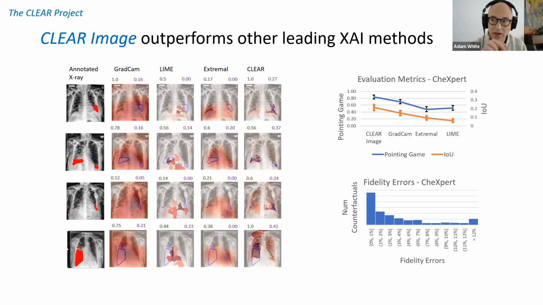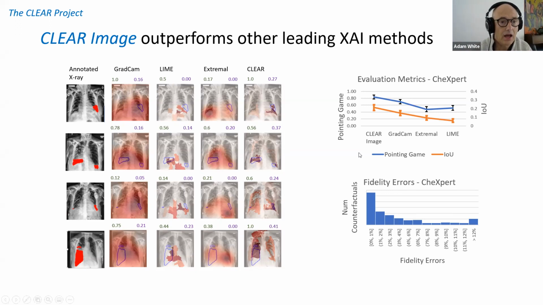And then when we're doing the infilling to create the perturbed images, we're staying in the training distribution, and our perturbed images are meaningful, not full of gray patches or other techniques use like blurred patches or whatever. So the GAN is kind of critical to the success we're getting with Clear Image.